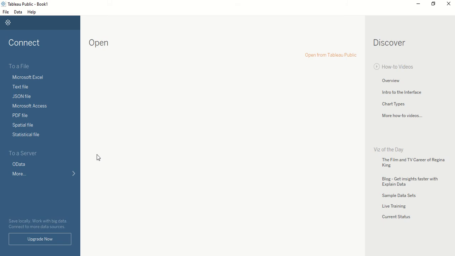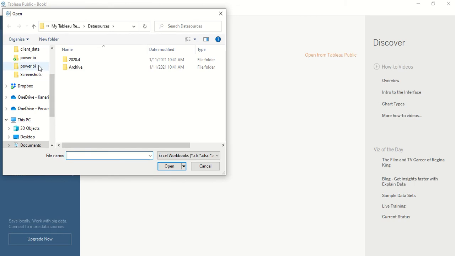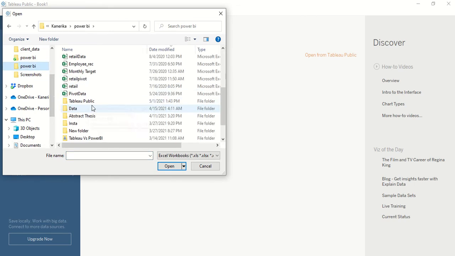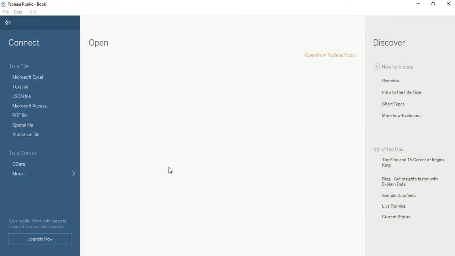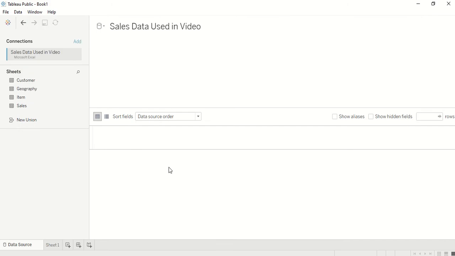So in the last video, we installed Tableau Public, downloaded from the Tableau Public site, and now we are going to use it to learn Tableau using the Tableau Public version. So let's do one thing. Let's get that file. I have that file already downloaded, and I go to this folder. This is the same folder where I have my files, and this is the sales data file, which you will also get on my GitHub account. So get it from there, and it's reading this one.